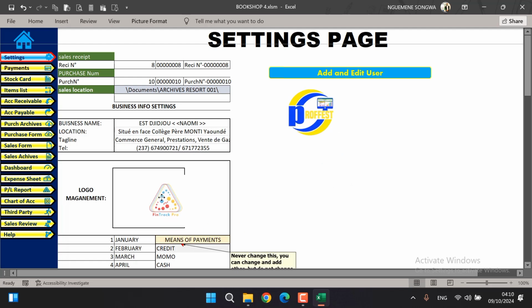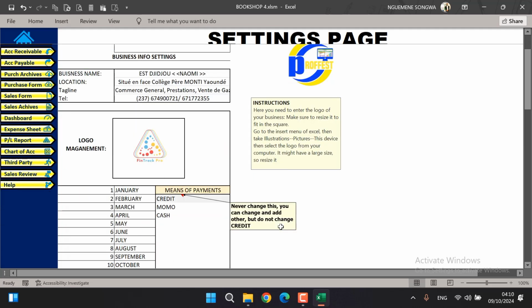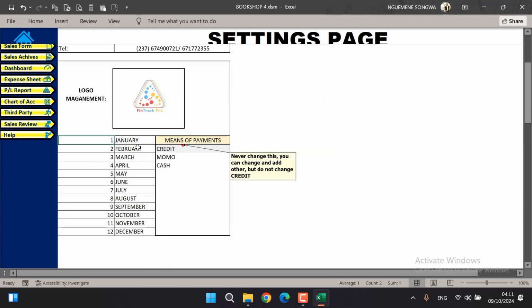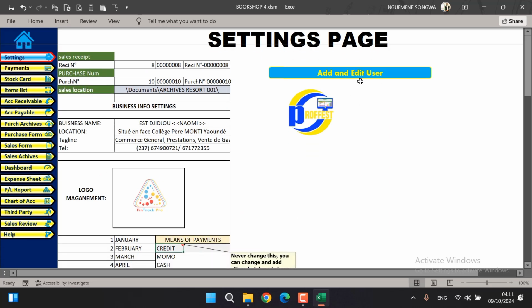If I bring this logo, for example, I put it within the area, I resize it so that it can be only within the circle. There are also instructions concerning that. Never just delete this information. You have these different means of payment. You have enough space for other means of payment, but never remove credit. So for the users,